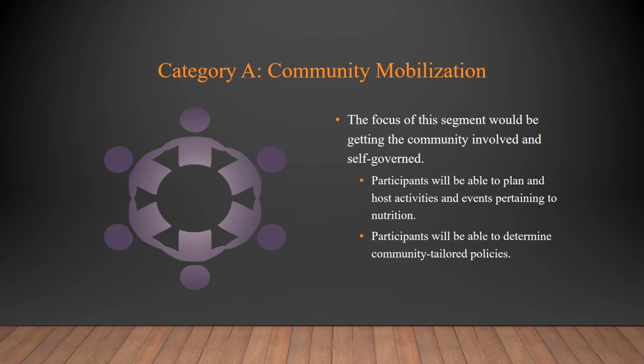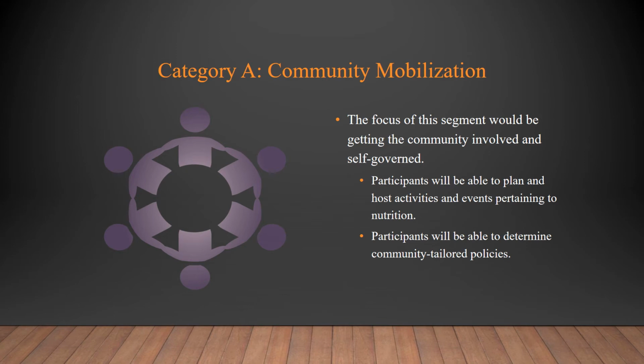The second strategy I chose for category A is community mobilization. This segment will focus on getting the community involved and self-governed. So the concept I have for this segment is the PTA. So it would be a group of the participants who would be able to plan and host activities and events pertaining to nutrition, as well as determine community tailored policies. So it would be pretty much a community of parents who govern the policies that would come out